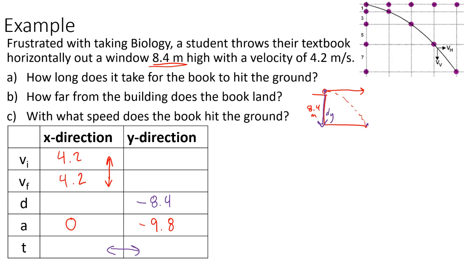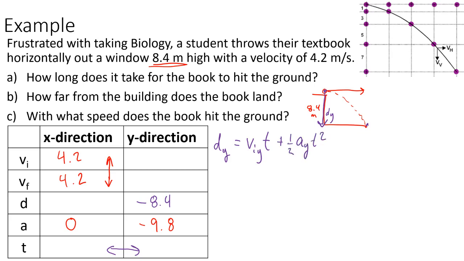Time is time. It's a scalar. It's going to be the same in both the x and the y direction. Okay, so let's go and apply some math. The first thing that we're going to do is find what the time is going to be for this thing. So I'm going to use information in the y column, and I'm going to use displacement is initial velocity times time plus 1/2